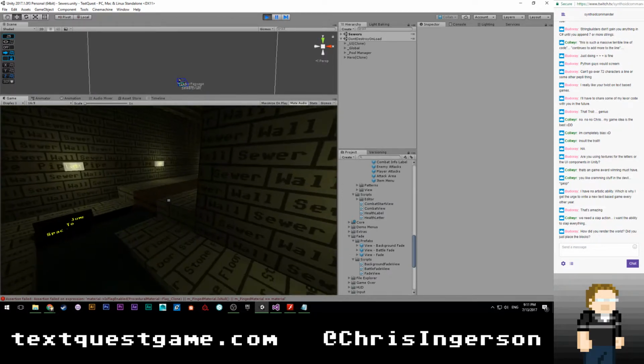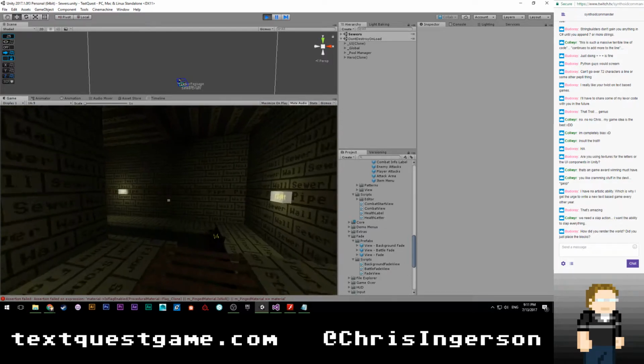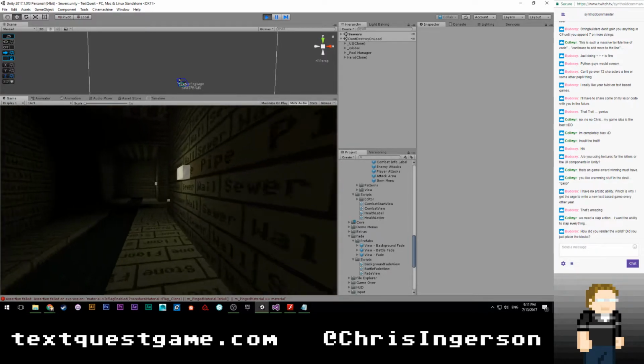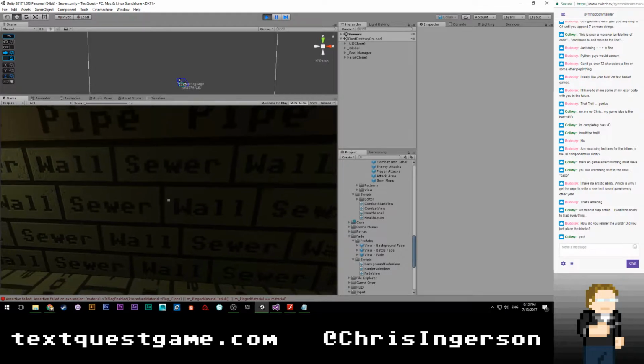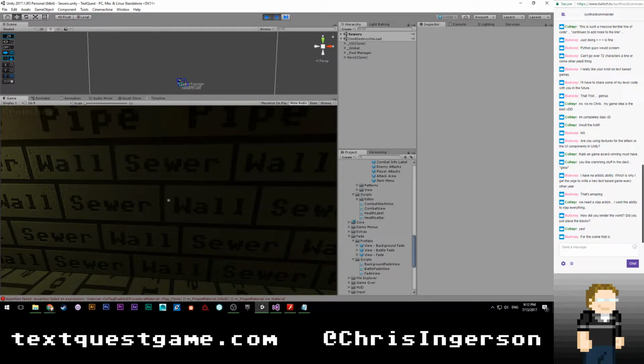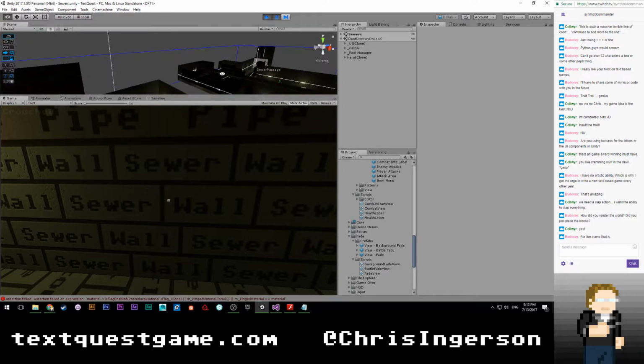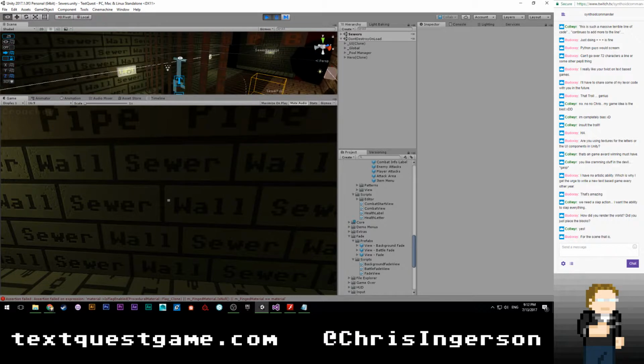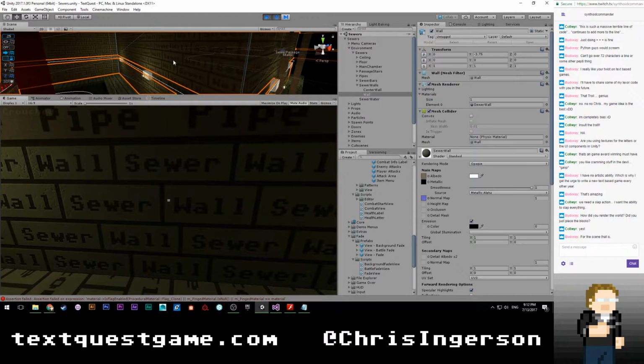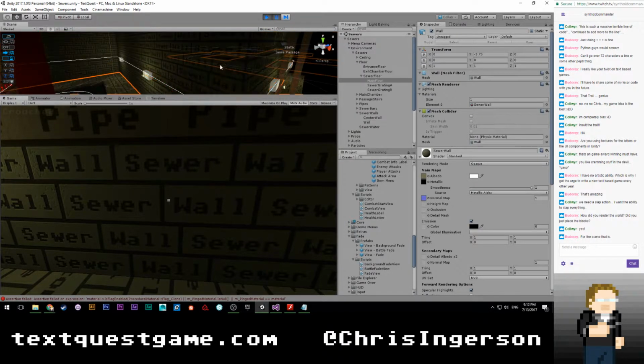So this is built in Unity. For the rendering, it's just a solid mesh. Let me go ahead and pause. I'll show you that. They're basically really flat surfaces with textures on them.